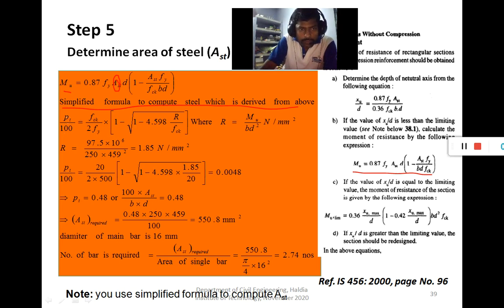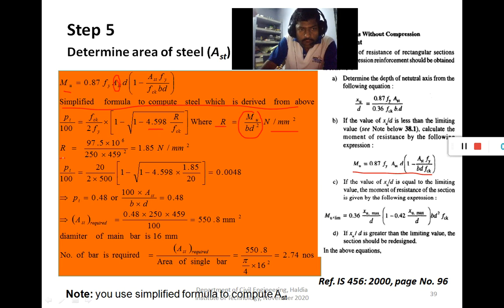So Pt by 100 is equal to fck upon 2 fy, times 1 minus root over of 1 minus 4.598 R by fck, where R is Mu by bd square, the unit is Newton per millimeter square.